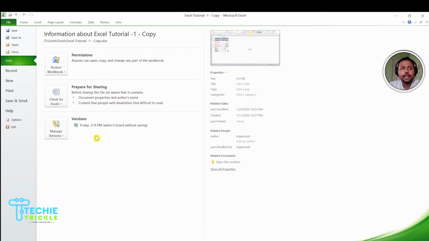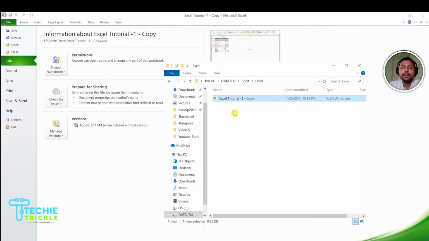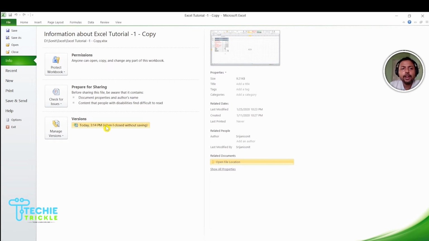Before I click on that, I would like to also show you that if you forgot from where you had your previous version you were working on, there is an option here in Excel 2010, and I think in Excel 2007 or any other versions you would find a similar way. You would see here Open File Location. This will take you to the original file that you had. Now, before I click this, I want to take you to the section where you need to configure some things.